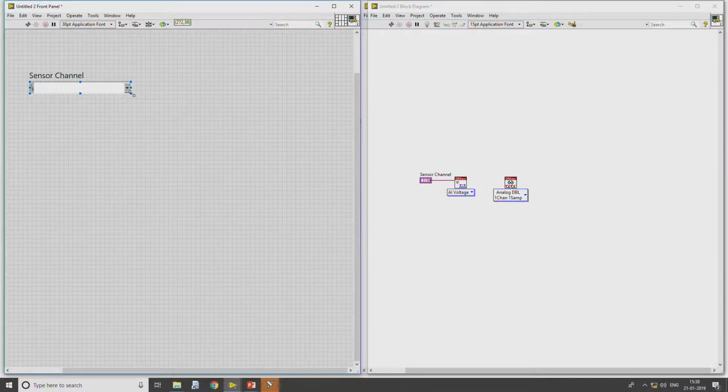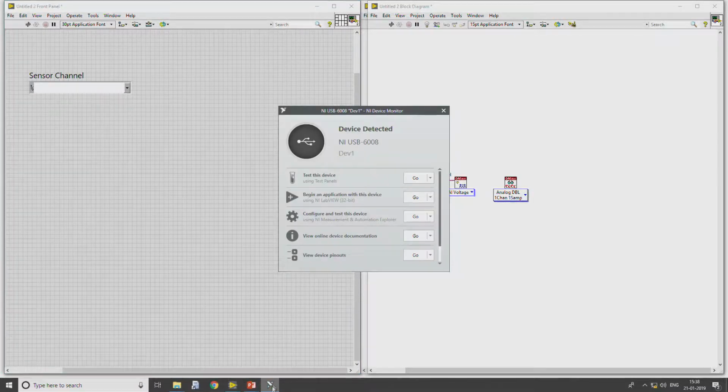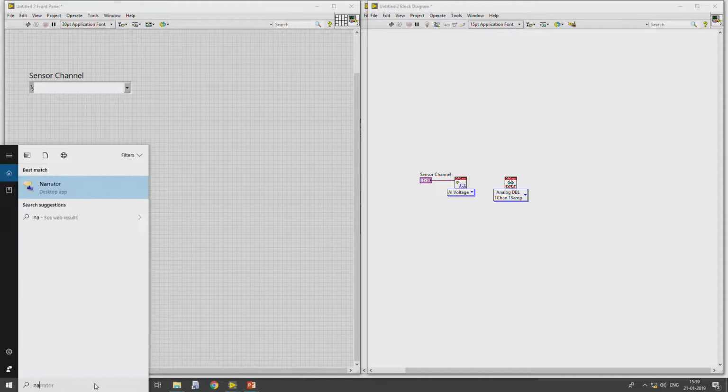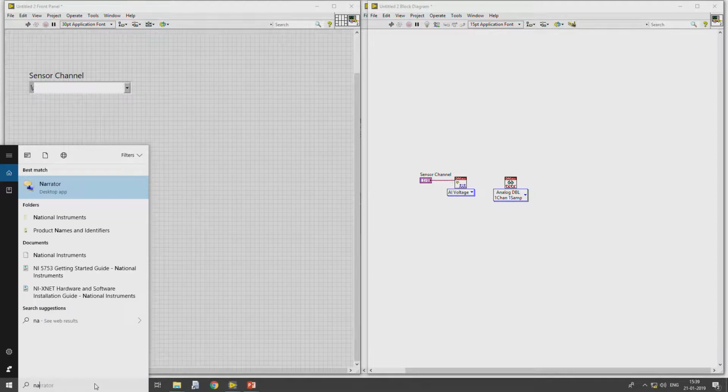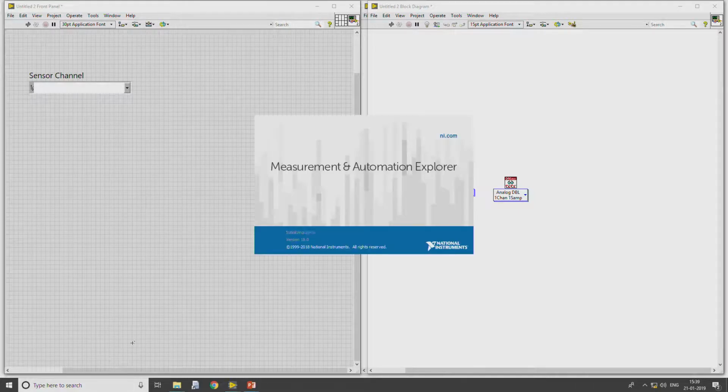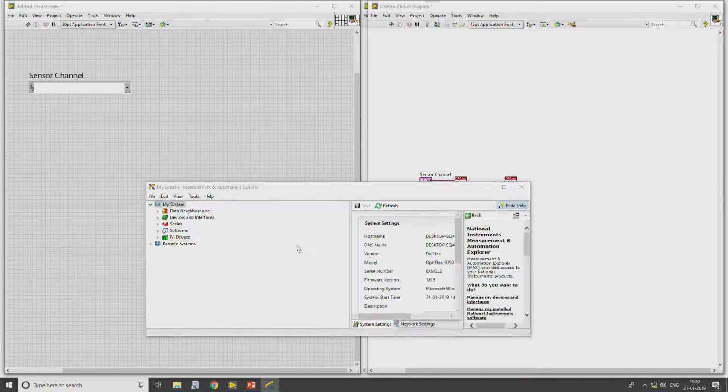So, if you observe, the system has been connected with two different modules: one is my DAC, our CDAC, and the other one is the USB DAC. In order to understand the configurations of the USB DAC as well as the CDAC, as we have already seen last time, we can go to NI MAX, which is the Measurement and Automation Explorer, where we have complete access to the data acquisition modules connected to the PC.